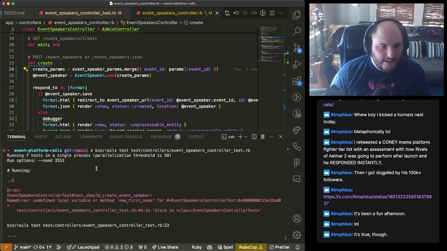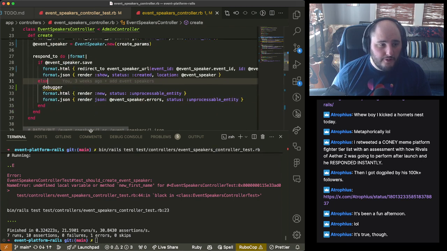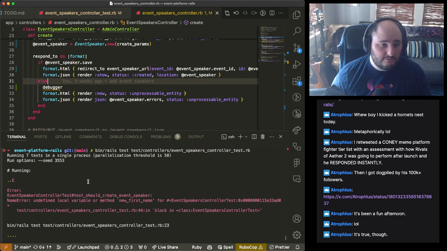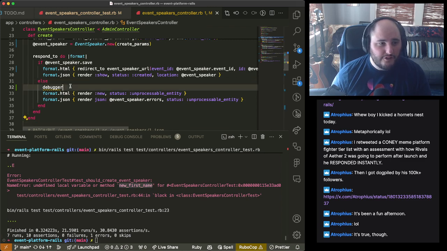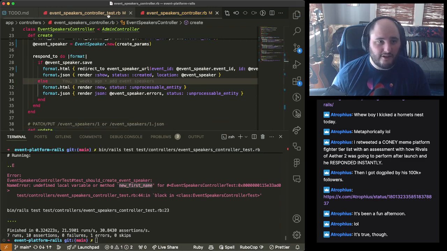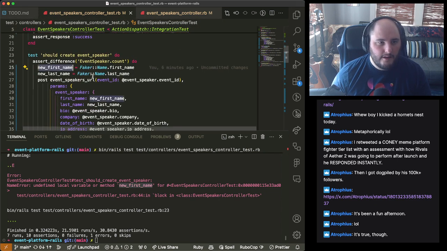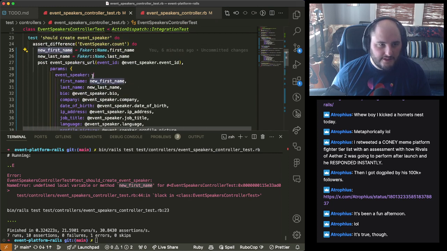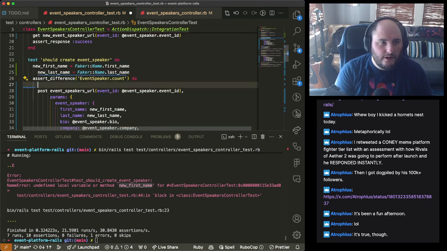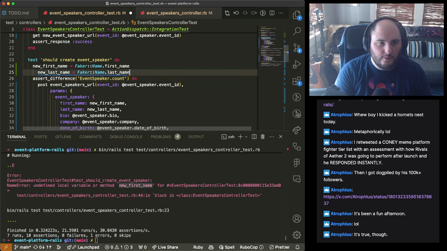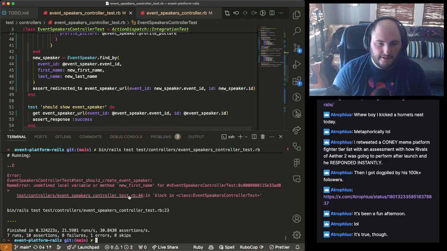So this time we're good to go, because we actually got through our method here. But now it's mad because this new first name thing couldn't be found in our test. So if we go back to our test for the create, we asserted a difference. And our problem is scoping. If you are aware of how scoping works in JavaScript with closures, the same thing just happened.